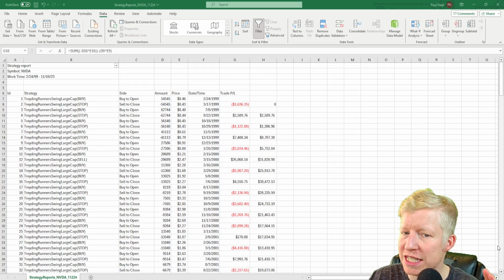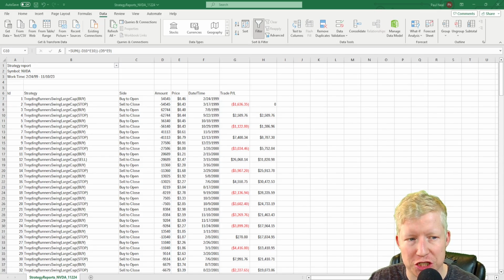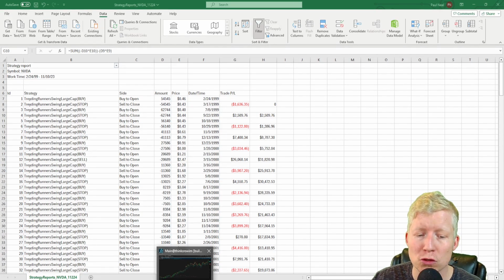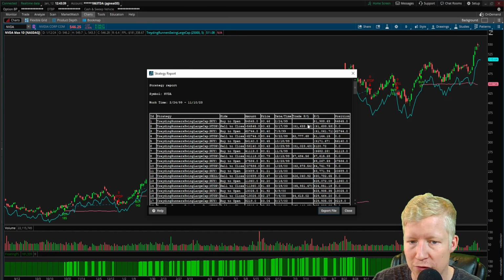I'm going to pause for just a second to bring up something that I just noticed that I don't normally run into. Since this was trading when this was a penny stock, I mean, back in, when was this trade? 1999, NVIDIA was a penny stock. Imagine, right? But since it was trading back then, if you look at the actual report from ThinkorSwim, that first trade, 1988,